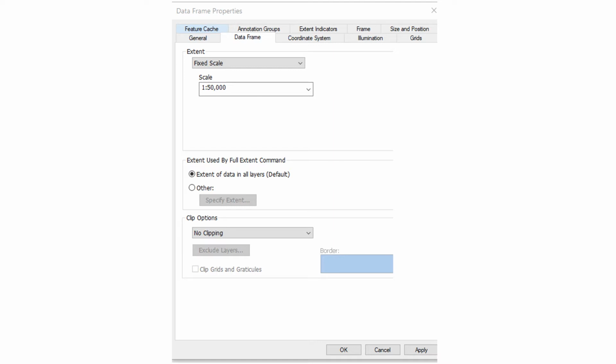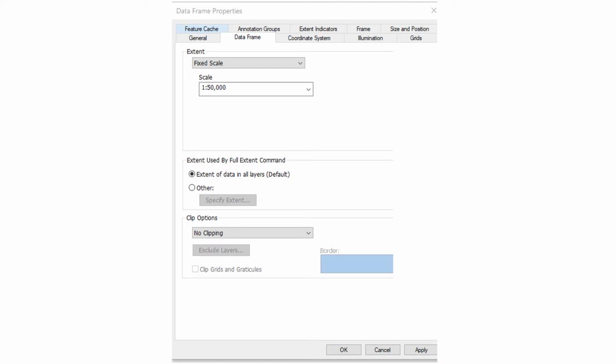If we change the scale, for example, if in 10 minutes my eyes start to get tired and I zoom in a lot to see the fragments,